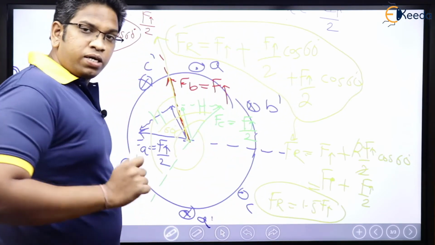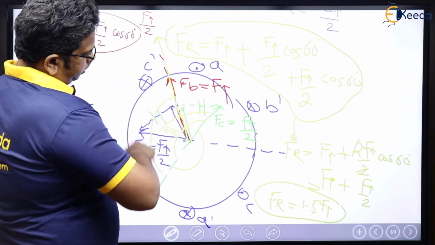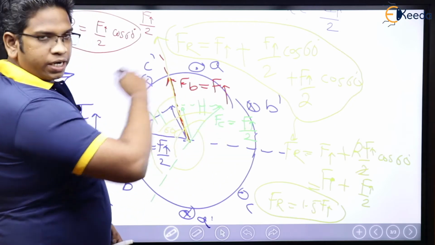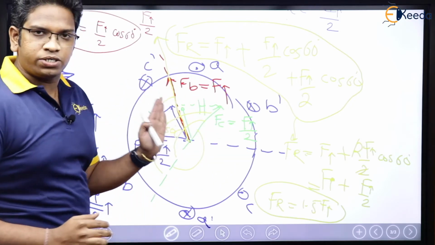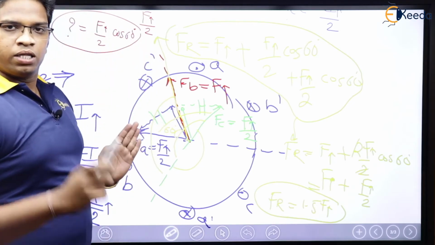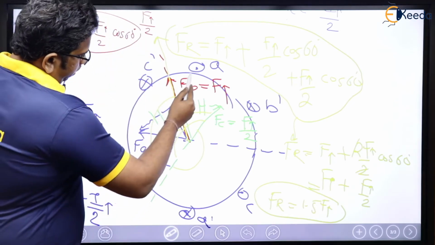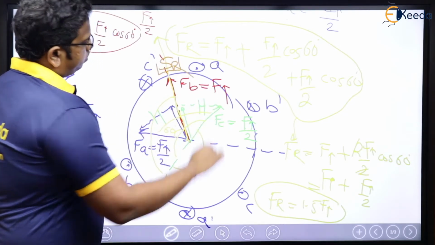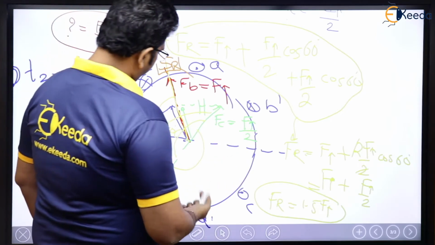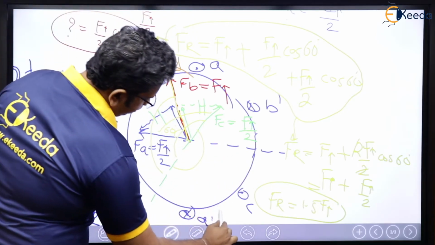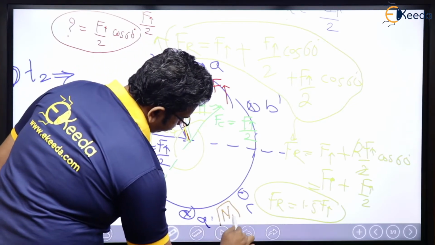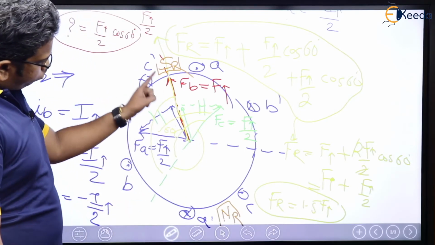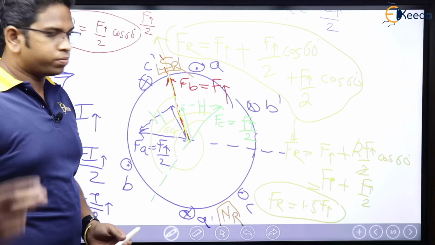See here. Now how to place the poles? This blue is my stator, right? So if you see here, what is the direction of my resultant? Resultant is this way. The moment my resultant is this way, in the stator it is entering here, which means this is going to be the south pole of resultant. And if you see here, where is it? Yes, here it is going to be the north pole of the resultant, diametrically opposite. So this is going to be south pole, this is going to be north pole. Now let us conclude.